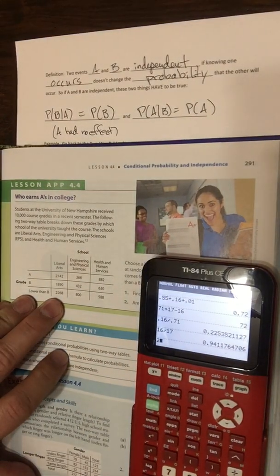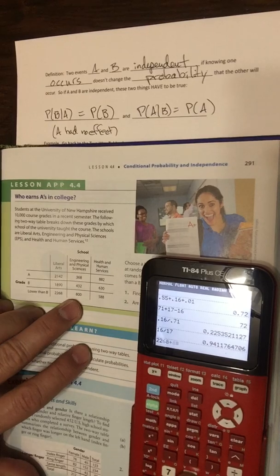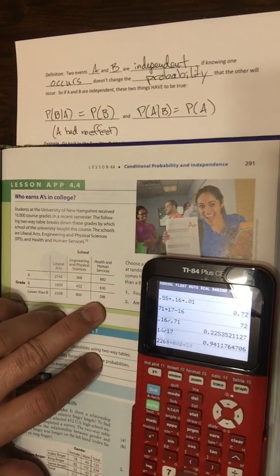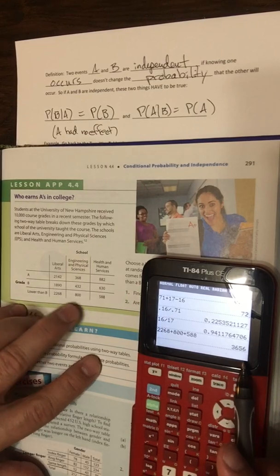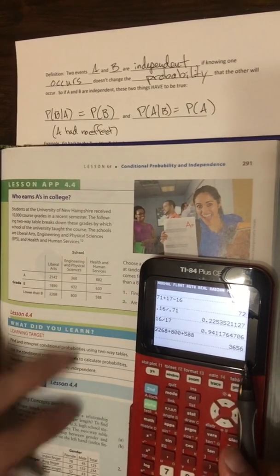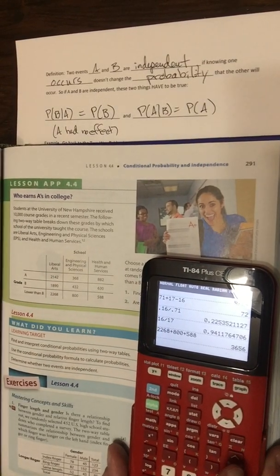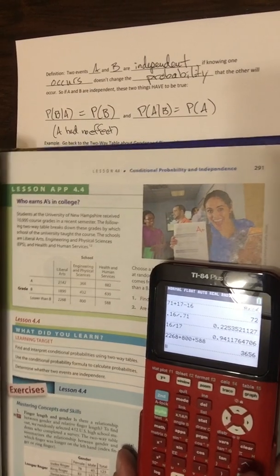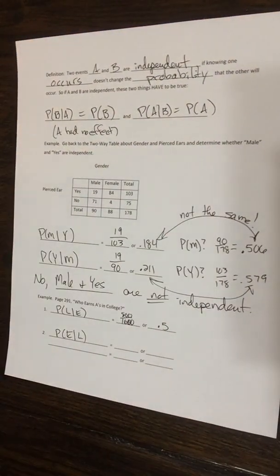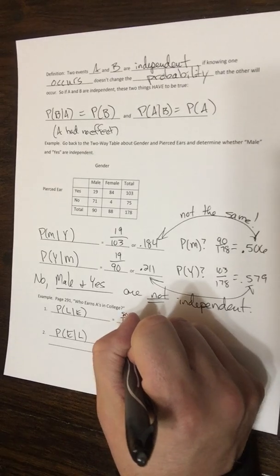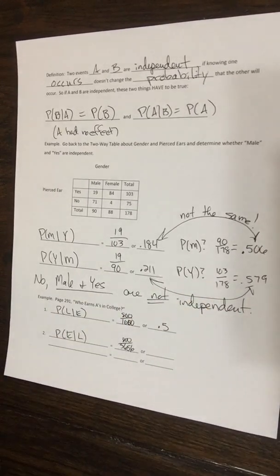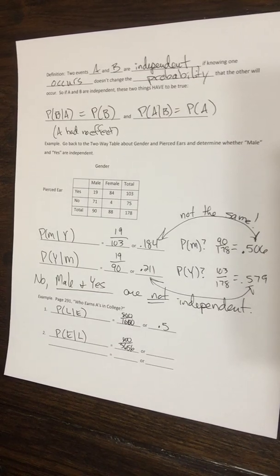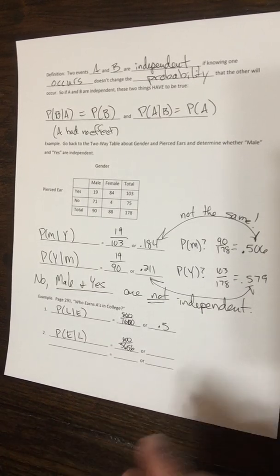So that's going to be 2268 plus 800 plus 588. That's 3,656. And given that they're in there, what's the probability that they're in engineering and physical sciences? So that's going to be 800 out of this 3656. And on my calculator, I'm going to go 800 divided by 3656, and I get